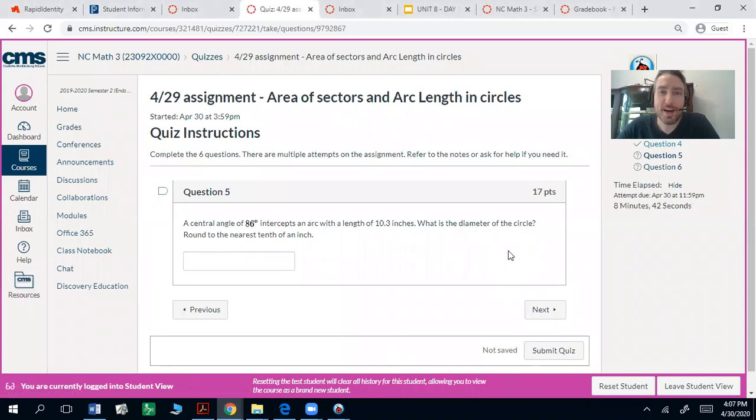All right, question number 5. Moving on. A central angle of 86 degrees intercepts an arc with length of 10.3 inches. What is the diameter of the circle? All right, same formula. 2 pi r times degree